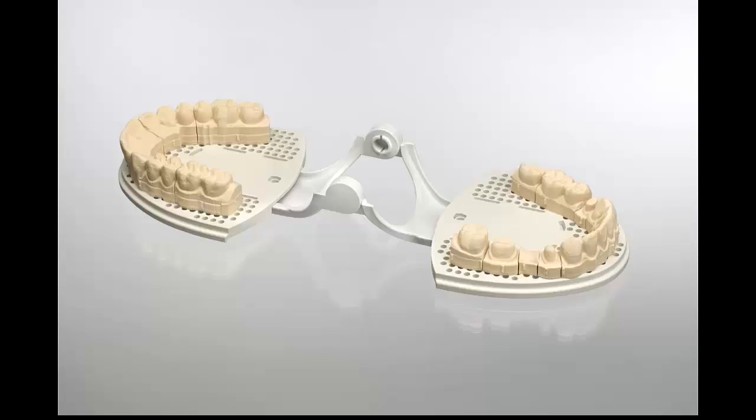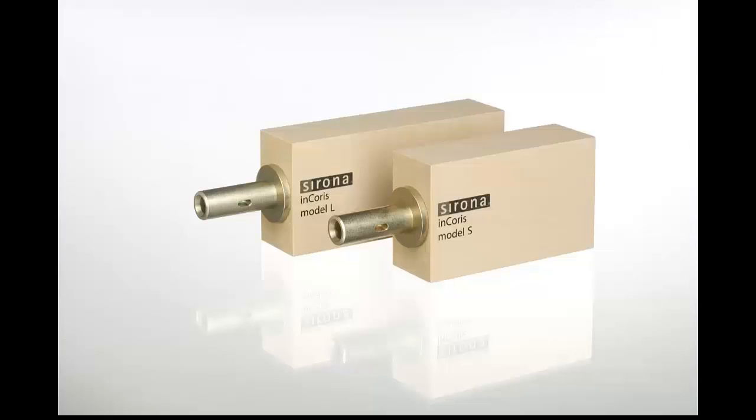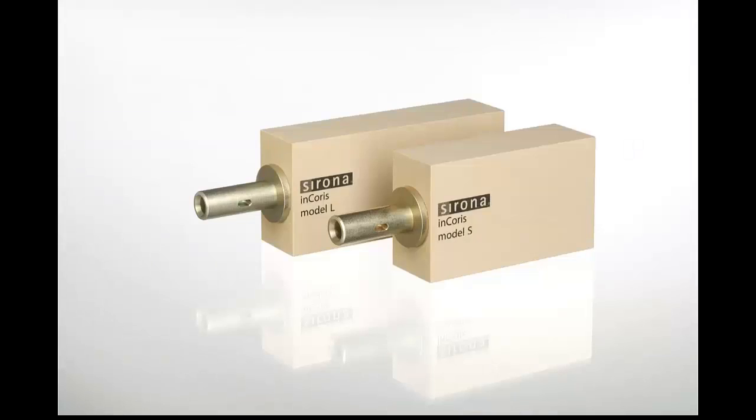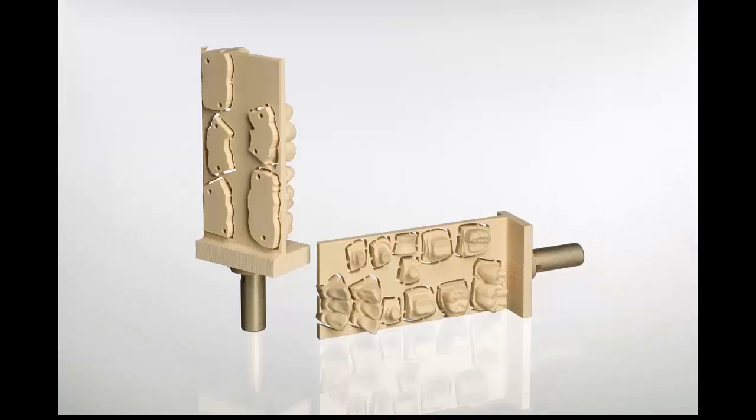Another question here, I get a low water pressure error after I mill the models. Every time I mill models, I get a low water pressure error on the next case. What happened to all the liquid? Well, when you use the milling for a long time, not just with models, the machine heats up, and some of the water evaporates, and that reduces the water level. The sensors in the machine are very accurate, and the moment the water level or the filters get dirty, they